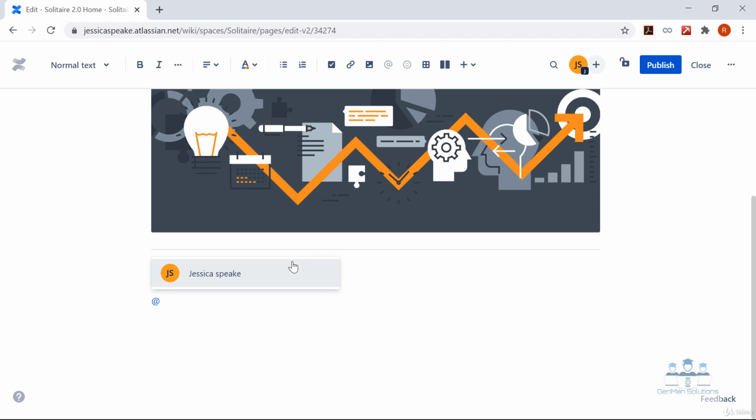In this particular space, since we only have Jessica Speak as a team member, we can only add Jessica. In case you want to add any other team member, you will have to first add that team member to this space and then you can tag that team member on the home page. After you have done the necessary customization, you can hit the publish button.